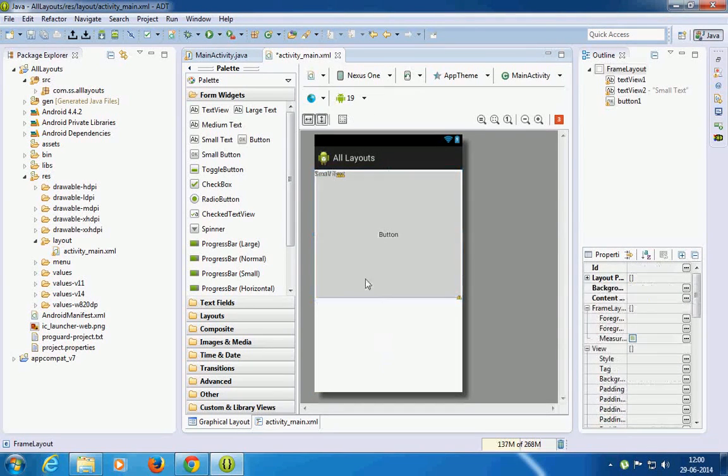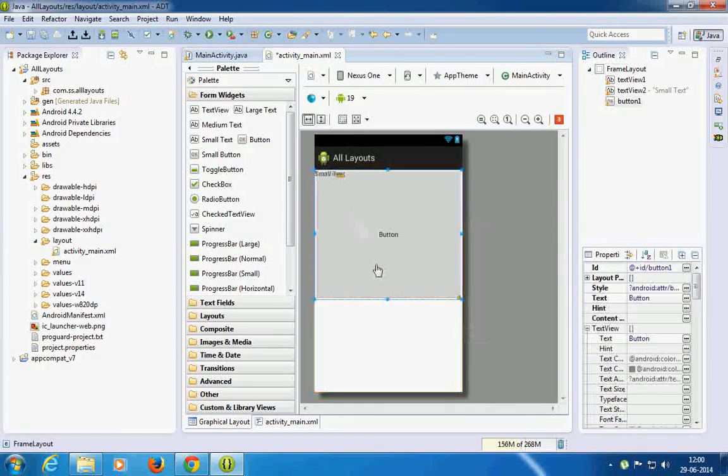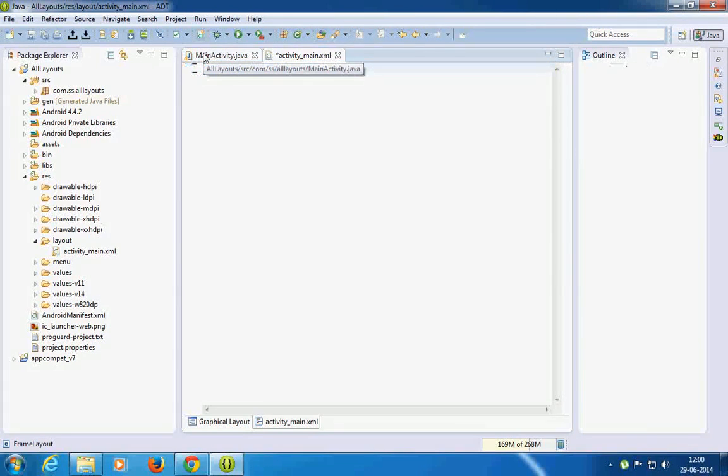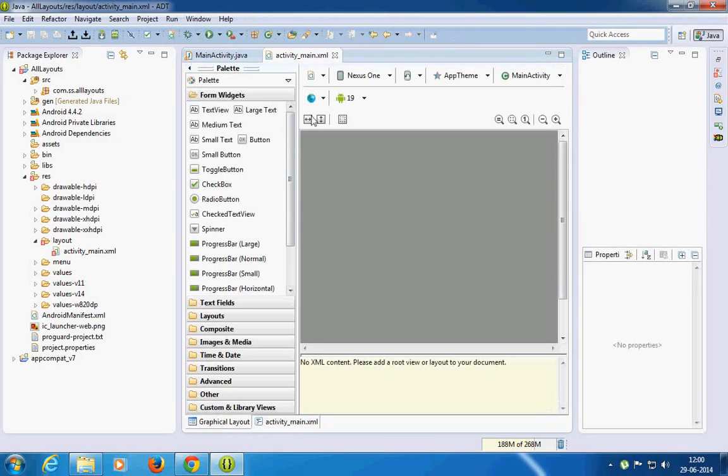So whatever is there over here will be considered as a single frame. So it is better opted when you want to display a single image as a message. That is how we'll be using frame layout. Better explanation would be given in later tutorials when we'll be actually working in actual apps.